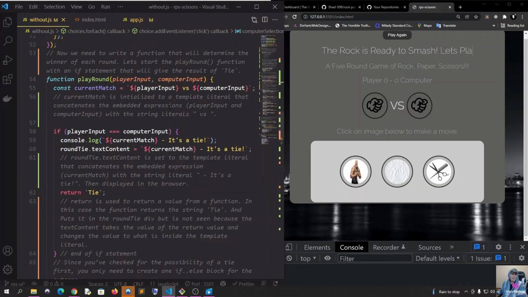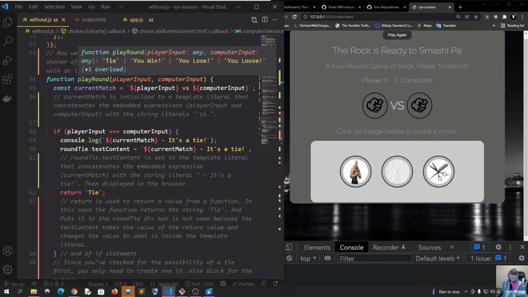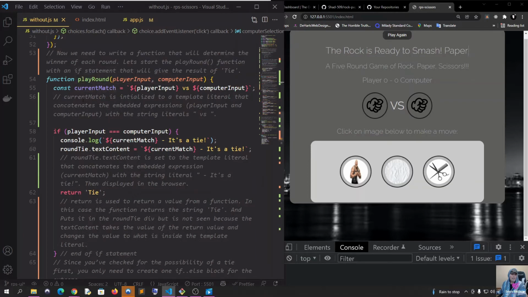All right, let's go down. Now we need to write a function that will determine the winner of each round. Let's start the playRound function with an if statement that will give the result of tie. So we're going to create an if statement, and the playerInput is equal to the computerInput, and then we'll console.log out the. Okay, before we get into that,